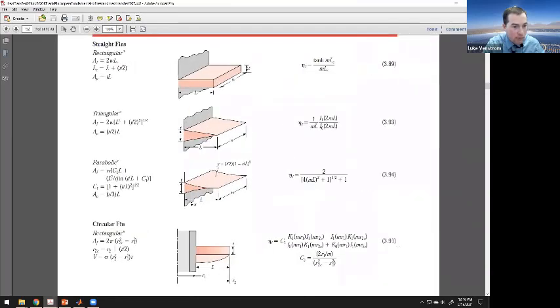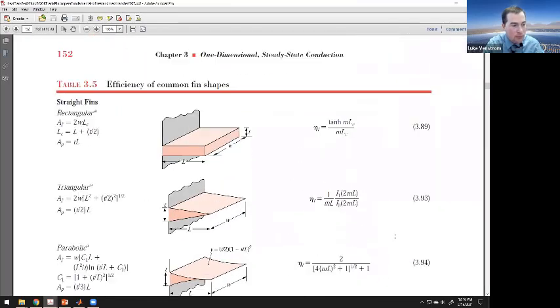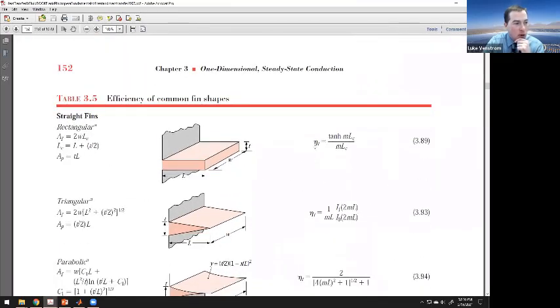Okay, so in table 3.5, here we go. This is going to be your table to get what's called the fin efficiency, right? We'll get this labeled down here in a second. But this is the fin efficiency, and I want to go here right now because you see this tanh(m L_c)? That looks a lot like the m tanh(m L) from case B in table 3.4, and that's exactly where it comes from, right? The difference here is that we have an L sub C instead of L sub F